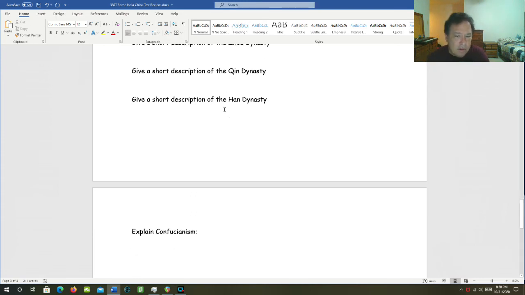Giving a short description of the Han dynasty, the Han dynasty had a long and prosperous reign. They combined the ideas of Confucianism with government. They promoted trade, especially along the Silk Road, which we will describe. They were the biggest in size yet, and they also expanded quite a bit along a large length of that Silk Road. If you see the Han Dynasty empire on a map, you see this large panhandle in the northwest, heading west. That's the part of the empire that goes along the Silk Road.